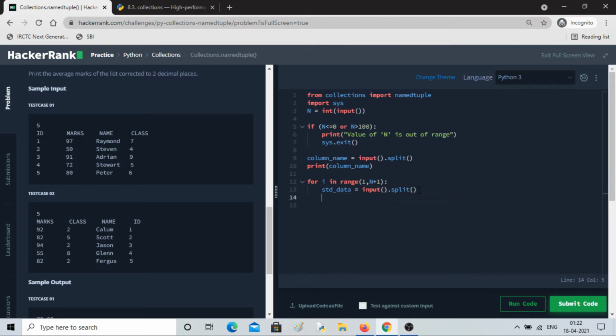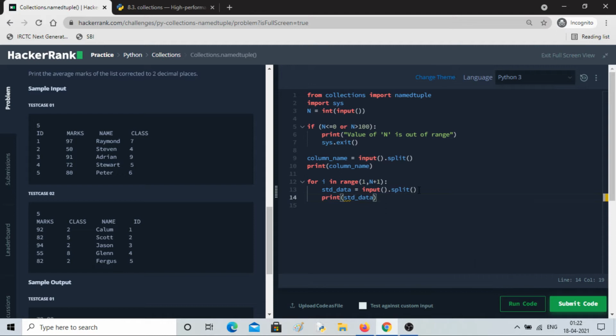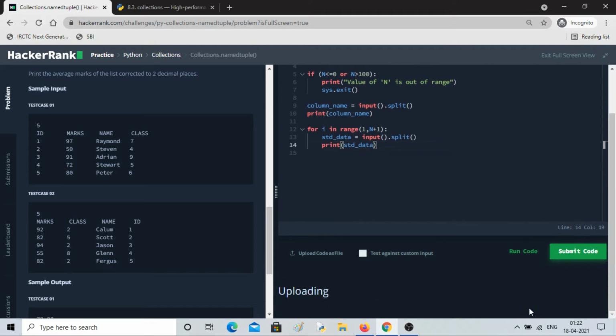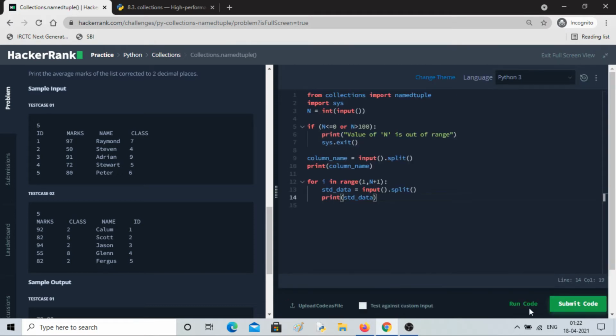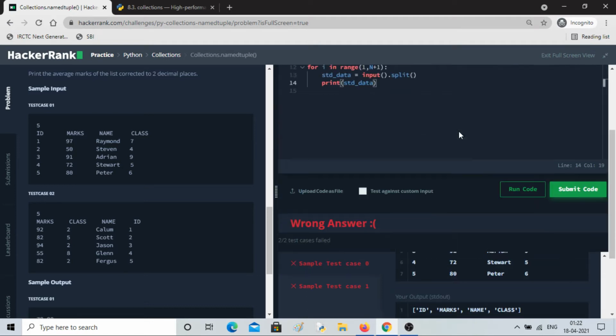Let me print so that you can see how it looks. So it will be in list form. Okay, so every time it will print. Let's see how it looks. So first this is the column name, and then you can see all the inputs are printed in each for loop. Okay, like this, like this, like this.